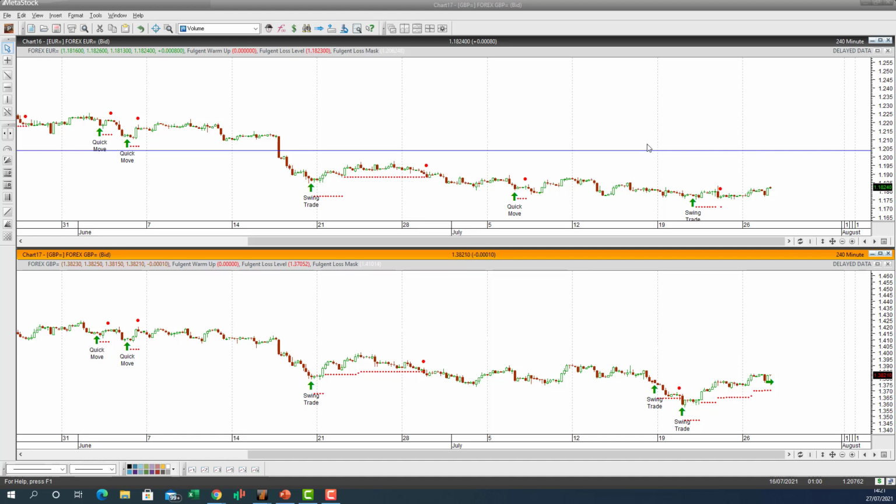So that's in essence how you retrain the AI to look for high probability trading ideas, 65% plus on a